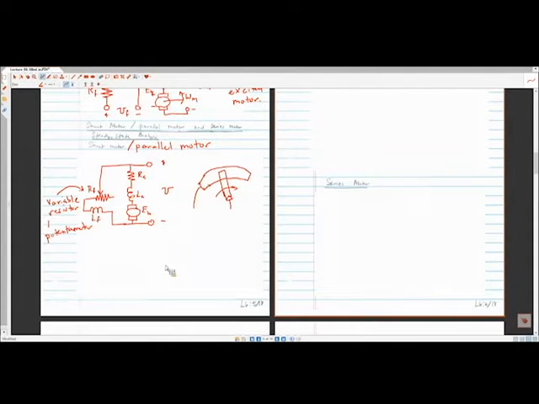So we're going to go through a steady state analysis on this. By steady state analysis, we just mean constant voltage, constant load on the motor, and therefore constant speed of the motor. We're trying to understand basic relationships before we get to dynamic relationships. All right, so if we're talking about steady state analysis,